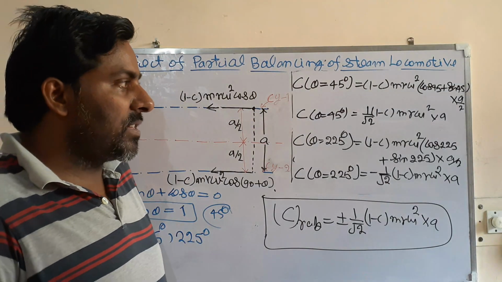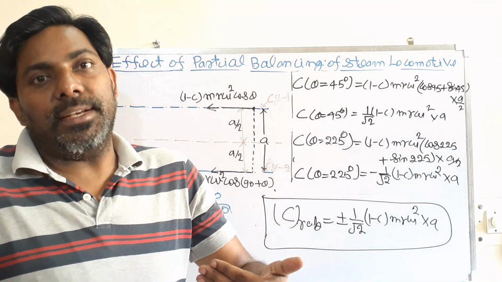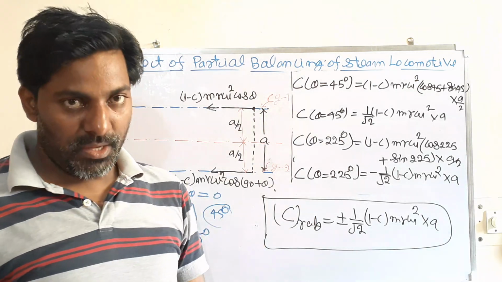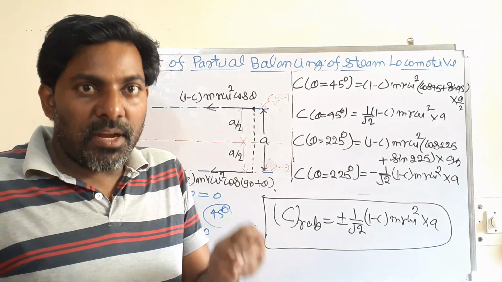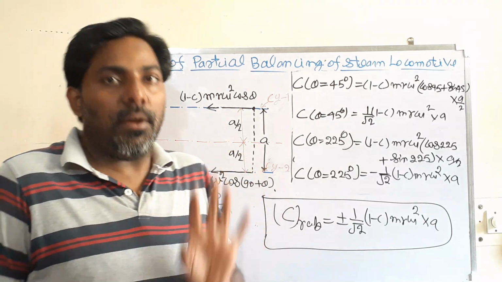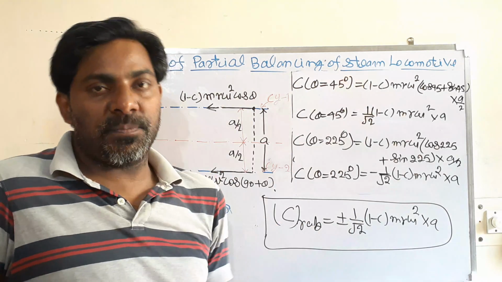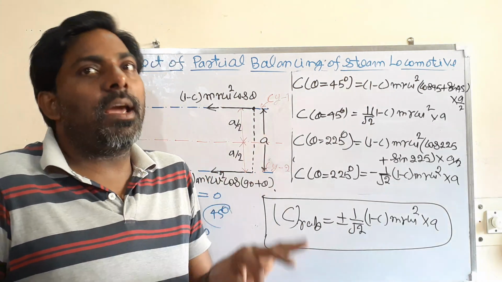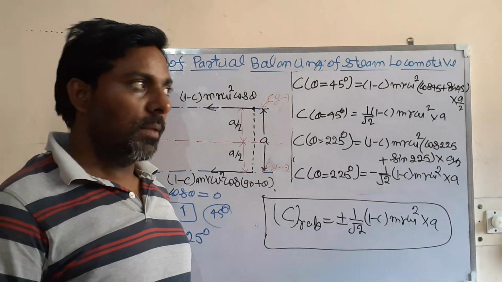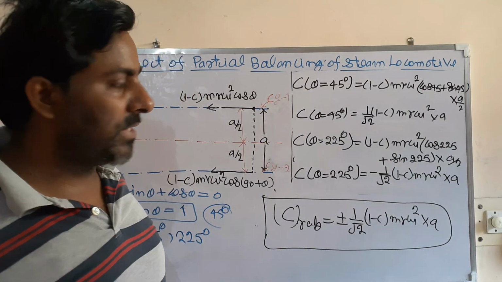In the next lecture, I will see what the hammer blow is. Actually, that is very important. The hammer blow decides what the maximum speed of the train should be, so that it will be Rajdhani or a local train. This depends upon how well the balancing was done. If the balancing is very good, very excellent, that train can be run at a high speed. Otherwise, that train cannot be run at a high speed. Otherwise, the wheel will be lifted off the track, which means accident. So in the next lecture, I will see. Thank you very much.